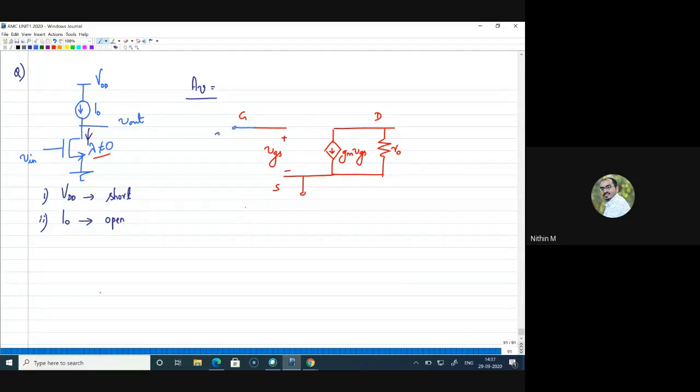Now I am modifying that as per the given circuit. To this side you have V in connected, the source is connected to ground, and here it is open, it is V out, the rest is open, right? Now if I look at the small signal analysis, I can say V in is the same as VGS and V out is